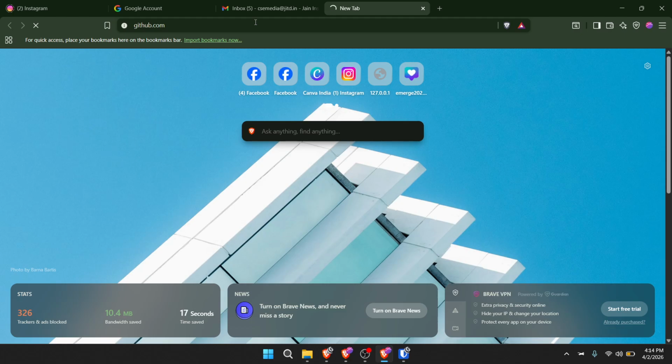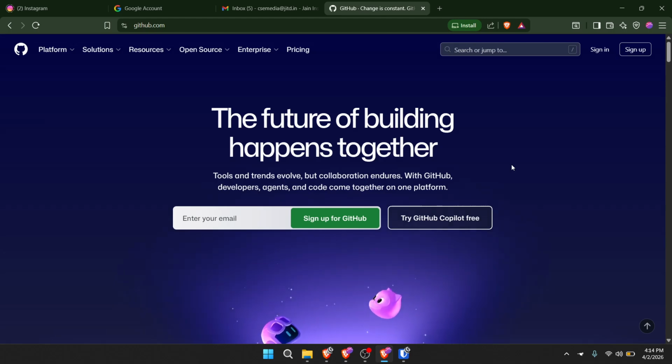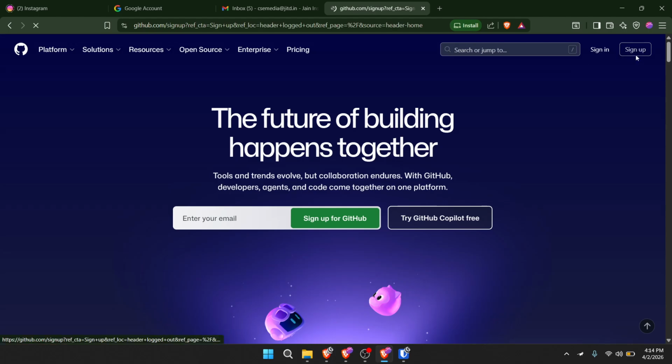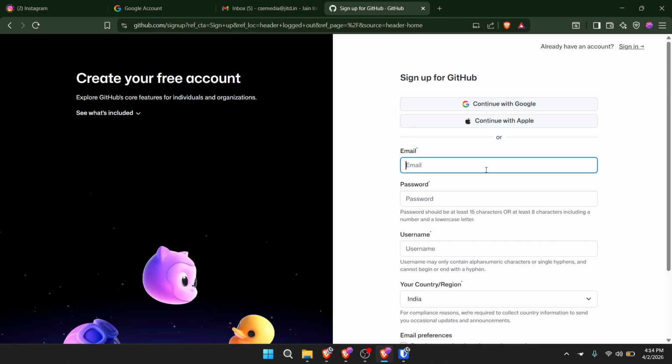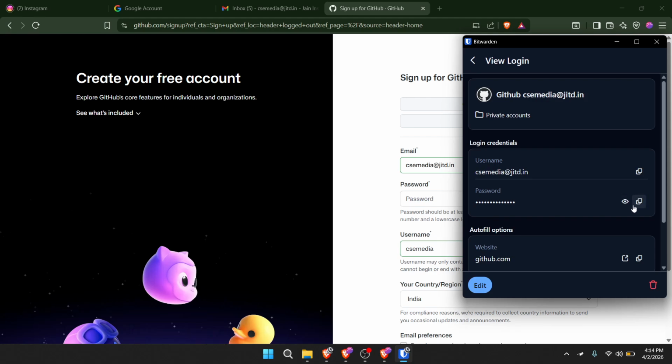on github.com. So this is the landing page. Think as if I do not have an account. So first thing I'll do is sign up. It's gonna ask me an email ID. I'm gonna use this email ID and I need a password for it. I'm gonna take this password,